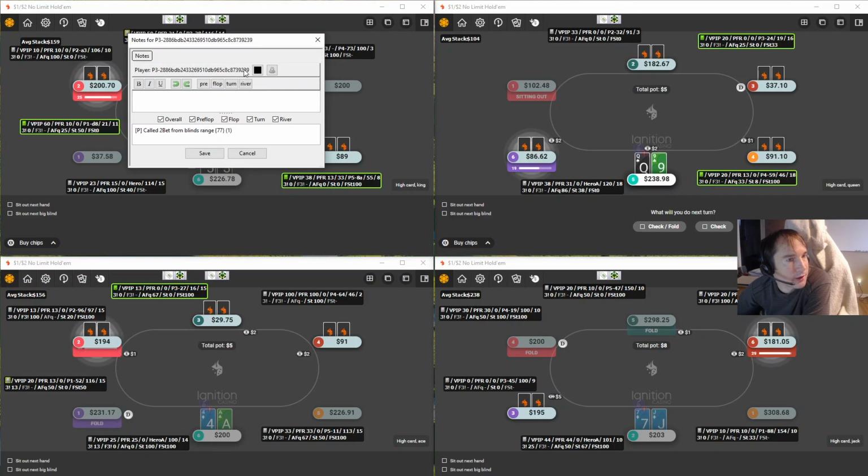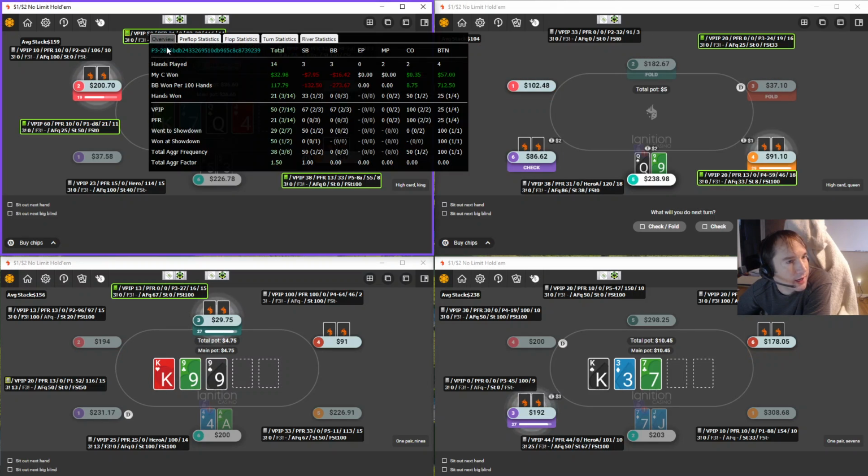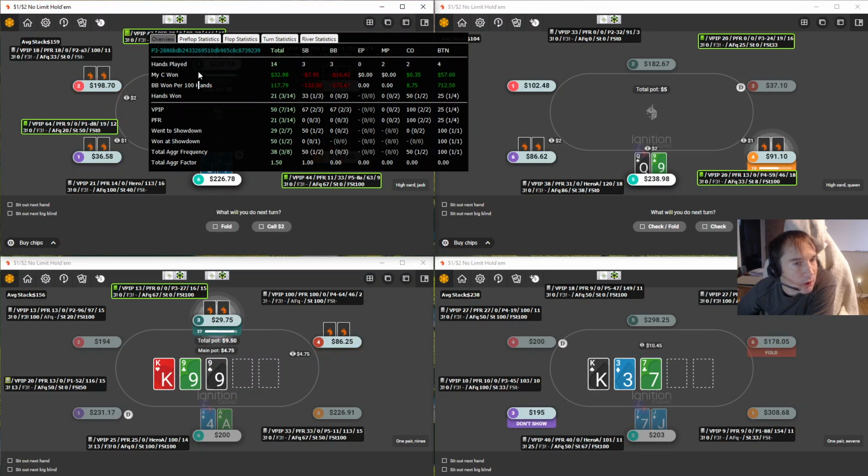This player here in the cutoff, I referenced him being a weak player earlier. I'm basing that on the fact that he's playing 50-21 over 14 hands. He also seemed to use some funky pre-flop sizing in some spots. Taking a closer look here, when he's VPIP without raising, he's done it from the small blind and big blind,